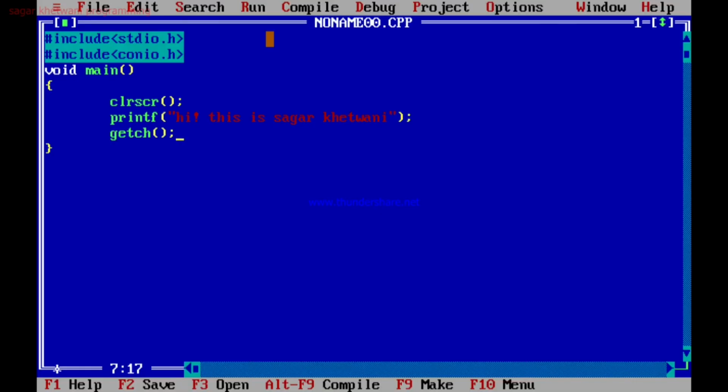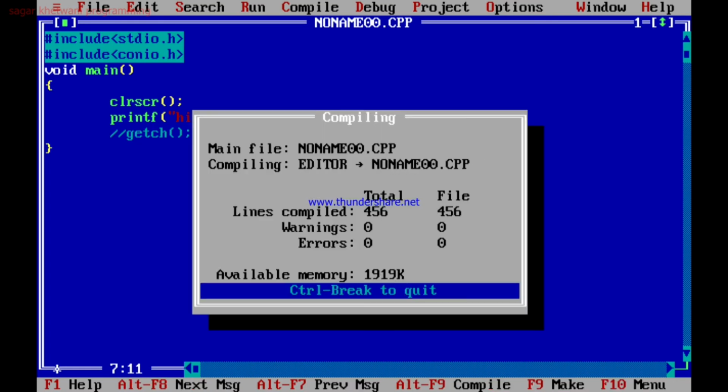So I have shown you the output, and now let us see what happens if I don't put getch in it, like if I put it as a comment. You can see that I have put a comment over here, and it has changed to the color light blue. This means that this is my commented code, and the compiler will not be executing or interpreting this code. If I press Ctrl plus F9,